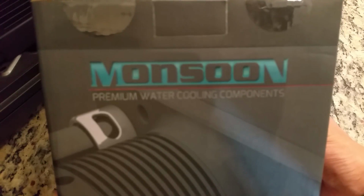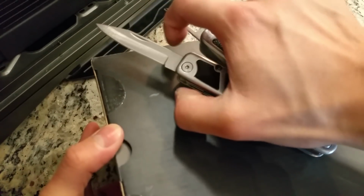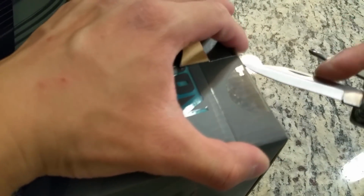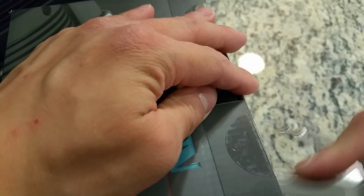Since I had to readjust my water cooling pump anyway, I thought it made a lot of sense to upgrade my reservoir as well. The reservoir that I am upgrading to is the Monsoon dual bay reservoir. I still really like using bay reservoirs because I feel like it's a lot more efficient use of the space, because I don't have to use the drive bays for DVD drives or DVD burners, and it's usually a little bit more